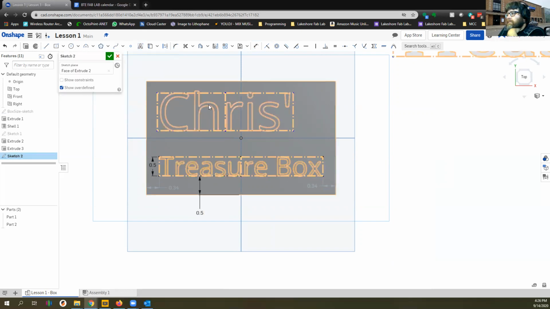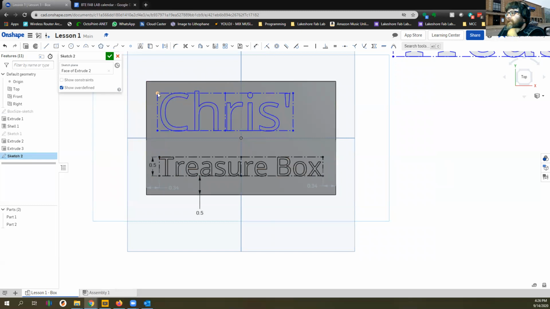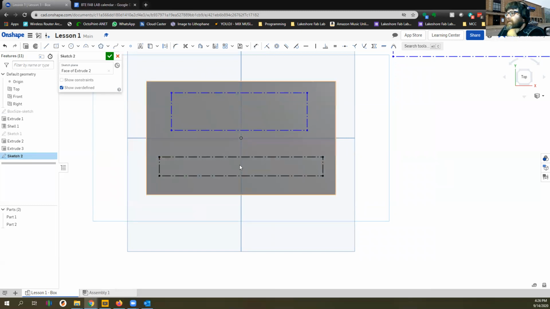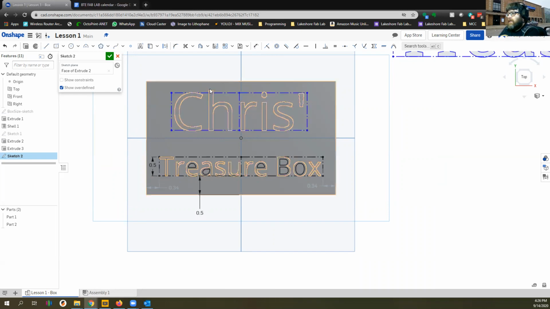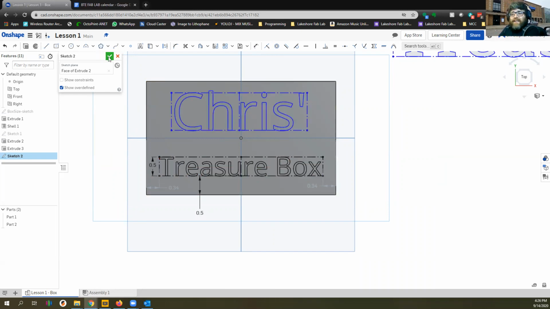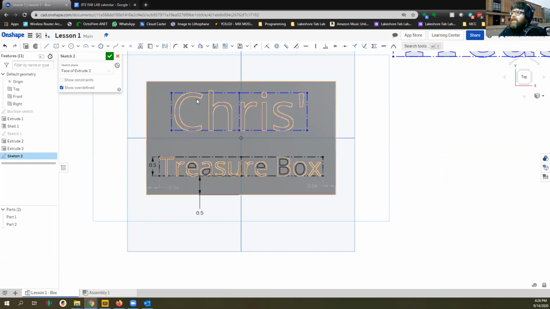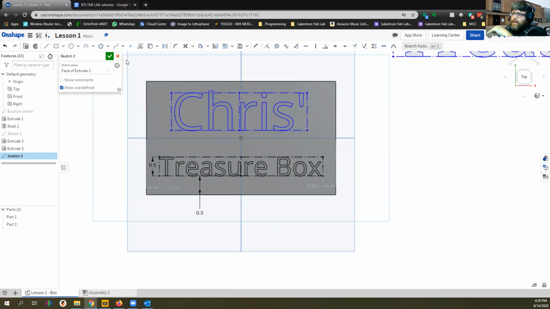Now for this one, I'm not going to worry too much about centering it up and everything. It's close, so we'll call that good. Again, you don't have to necessarily define everything in your sketches. It just depends on the importance. So if this Chris stays right there,